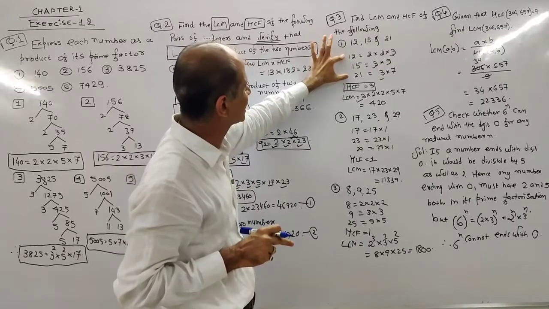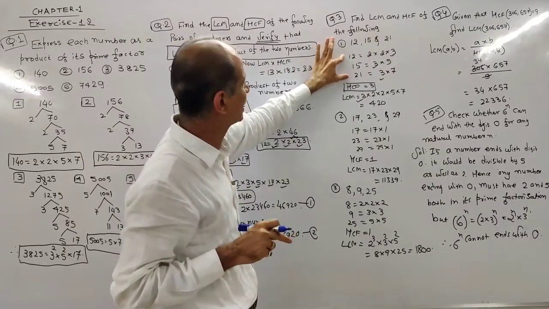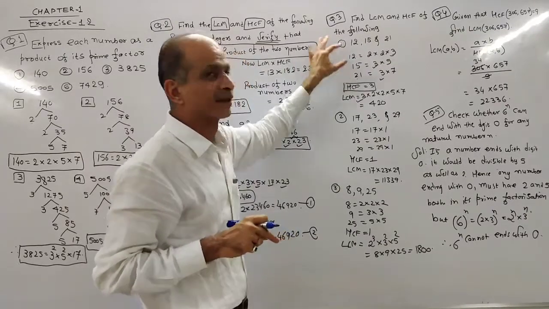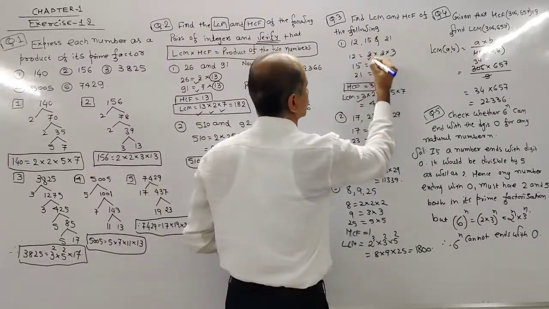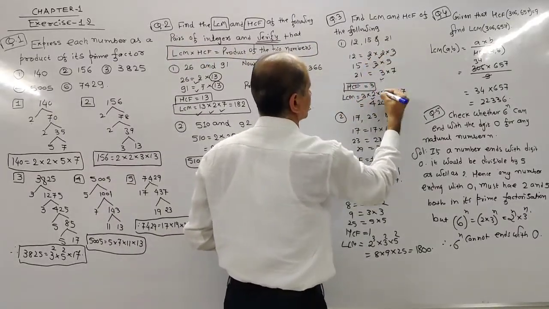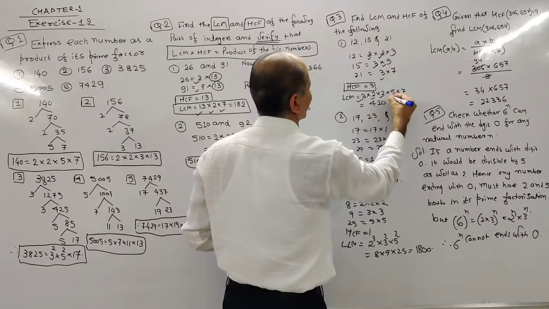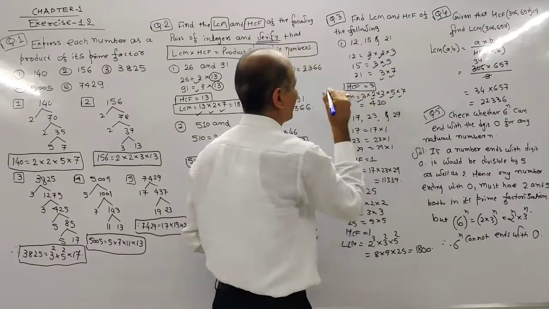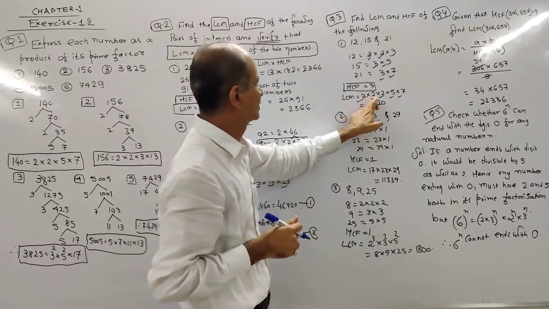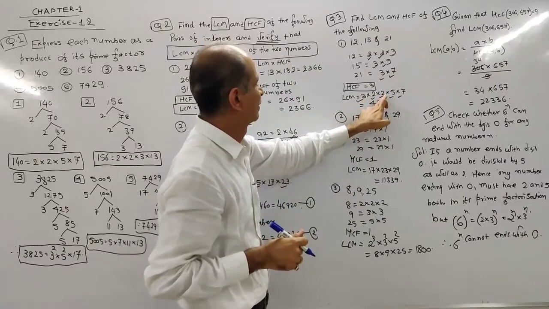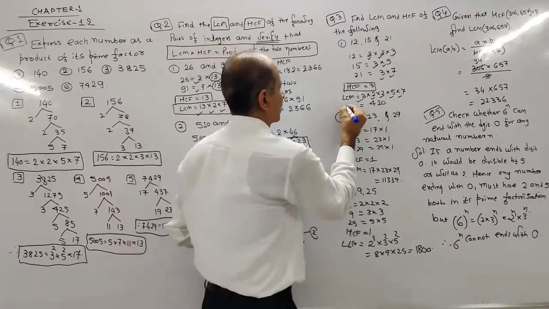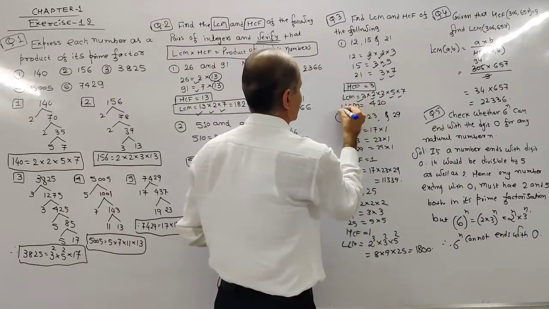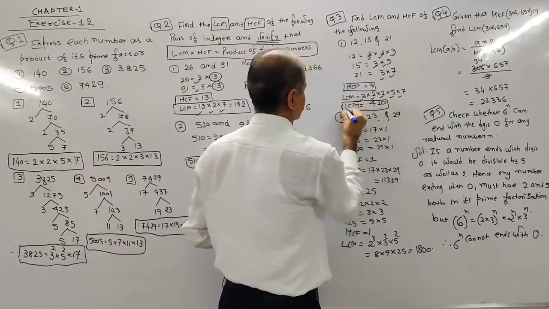Is there anything common in third and first, that is 12 and 21? No. Then you have to write the remaining terms. So the remaining terms are 2, 5 and 7. So if you multiply these, 3 2s are 6, 6 2s are 12, 12 5s are 60, 60 7s are 420. So your LCM is 420.